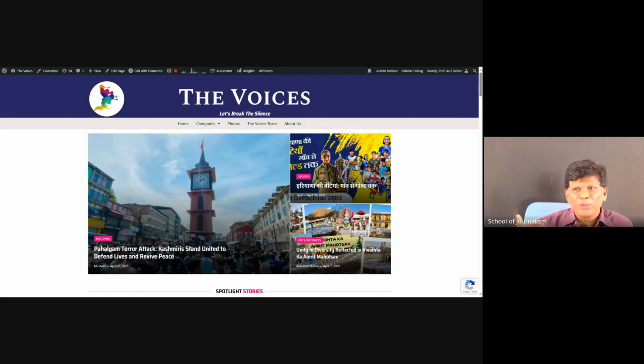So every batch we used to get students who are working journalists. They join the team, and they support the students because they're part of the team. So automatically they get the marks, since they are part of the team. Others are learning from the working journalists. So we have people from The Hindu, Indian Express, Telegraph, large popular newspapers, channels. We have students who are working journalists. They are the ones currently running the portal.